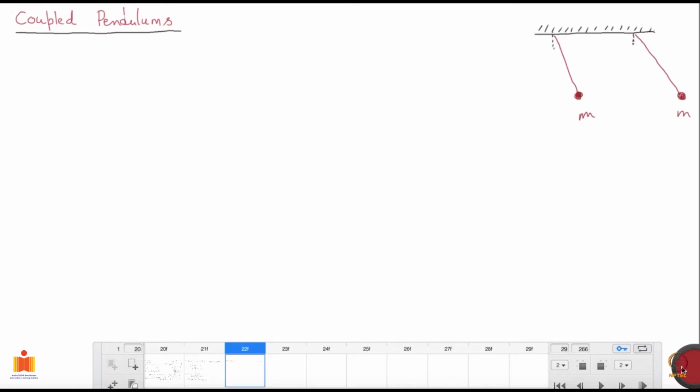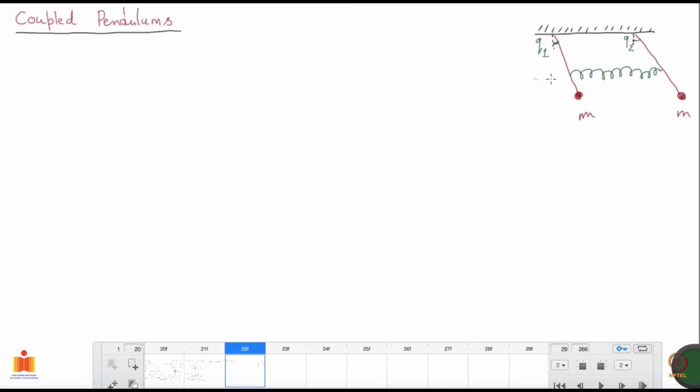And then there is a spring which connects them. So you have a spring here which connects the two. Yeah, and the angles here I will denote by Q1 and Q2. Okay, these are, as you know, our generalized coordinates. And of course, as these two pendulums move, the spring will get stretched or compressed and it will store potential energy.